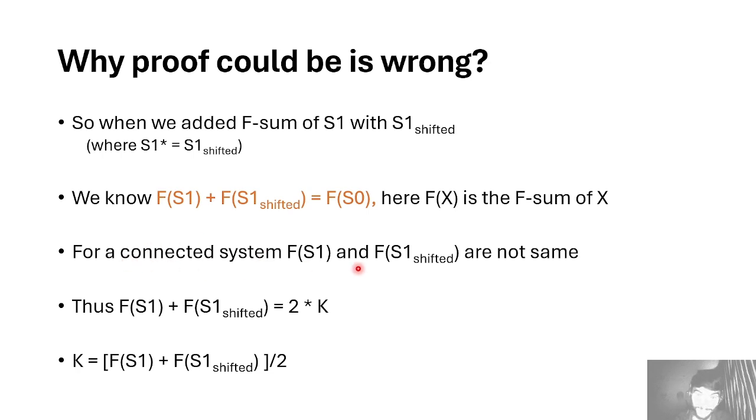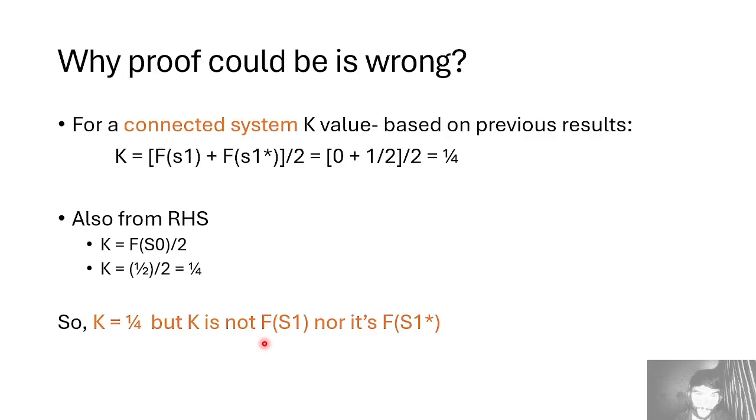So for a connected system, these two are not the same. So we cannot say that f sum of s1 plus f sum of s1 shifted is equal to 2 f sum of s1 or 2 f sum of s1 shifted, because they are different. So we say it is 2 times some k value. So k turns out to be the sum of them divided by 2. Okay, so to find the value of k,